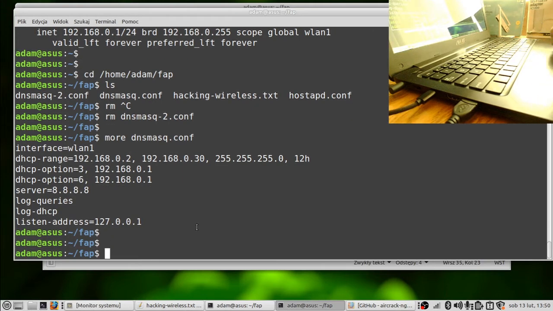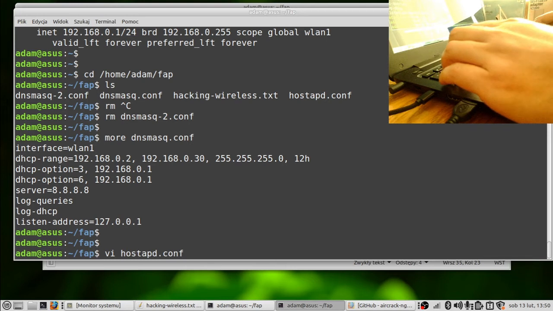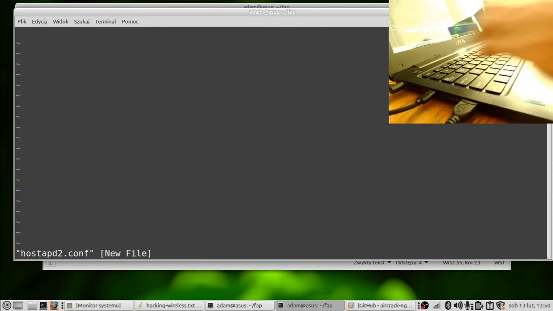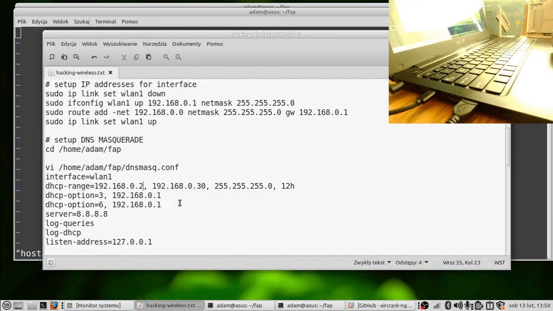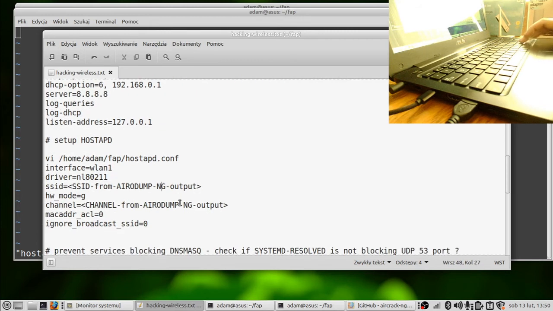And the next step is, of course, configuration of this fake access point. To do that, we'll create another text file. Let's name it like this. And let's go to my tutorial to see what you put here. Of course, you put the interface name that you have on your USB Wi-Fi card. This driver name you don't change.